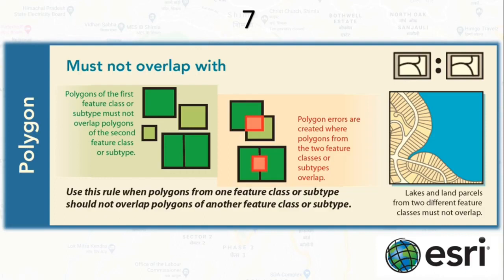This rule is used when an area cannot belong to two separate feature classes. It is useful for combining two mutually exclusive systems of area classification, such as zoning and water body types, where area defined within the zoning class cannot also be defined in the water body class, and vice versa.